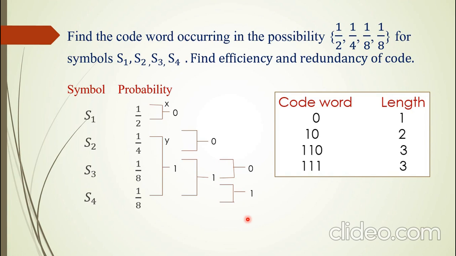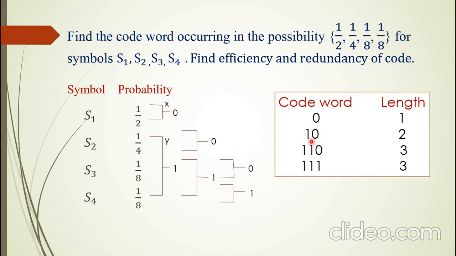So now the code word and length. For S1 the code word is 0. For S2 the code word is 10.